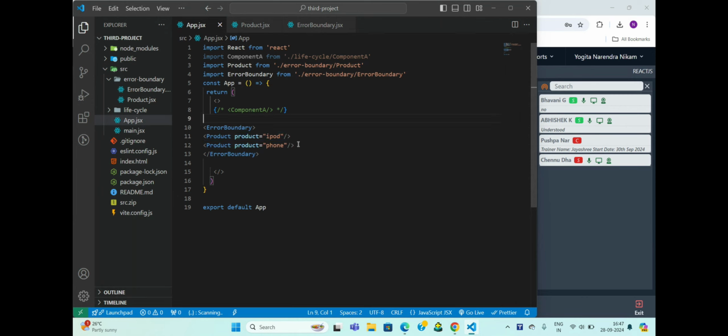Okay, so then what you can do is you can wrap each component separately. Again, you have to give error boundary here and wrap them separately. Now you observe. Now I'll tell you that props.children. Now if you see here, this product is rendered between the opening and closing tag of error boundary.